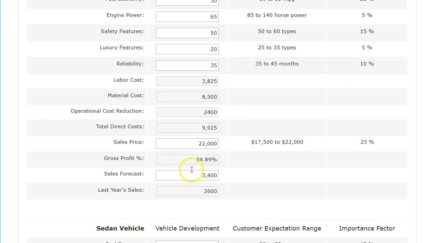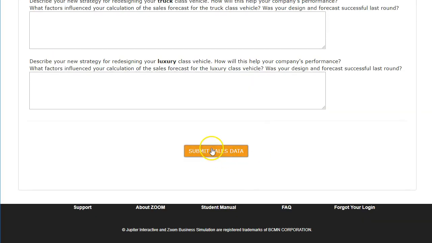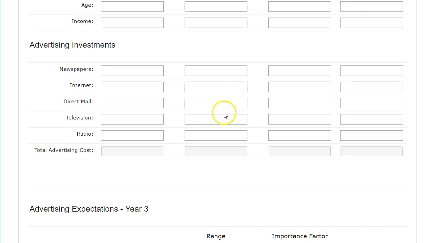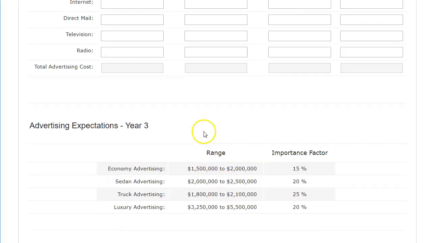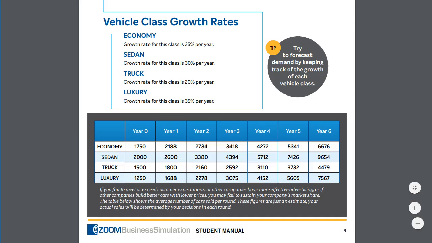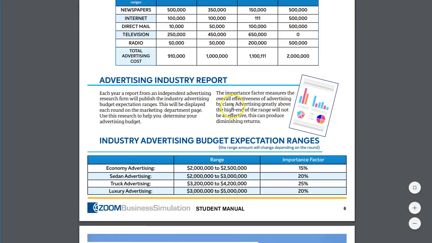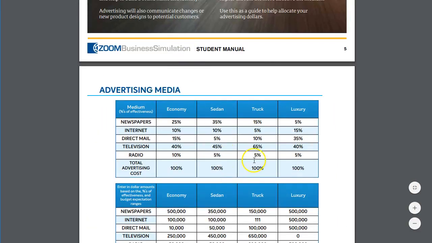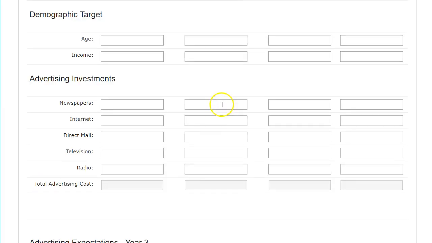Okay, so now my percentages are higher this round. And that's important because investors always want to see that you're increasing sales and increasing profits, but most specifically, profits and earnings per share they want to see increasing. Okay, now I have new ranges here for the advertising. It's going to take a while to fill this in because I have to, again, go to the student user guide and look at the advertising area and see what's most effective for each vehicle. And that takes a while, so I'm just going to pause this and then fill it out